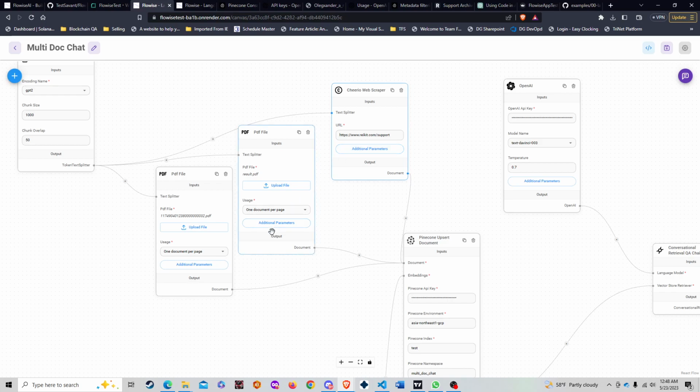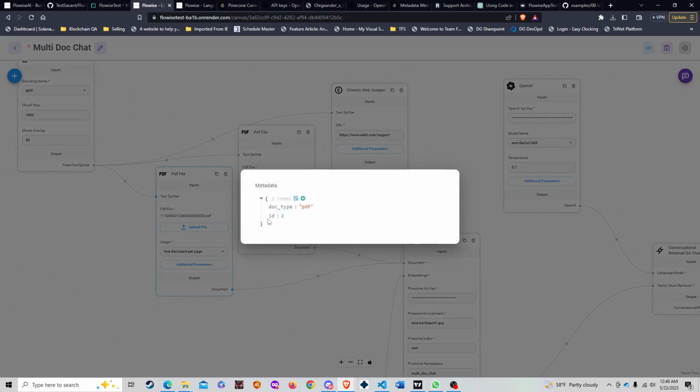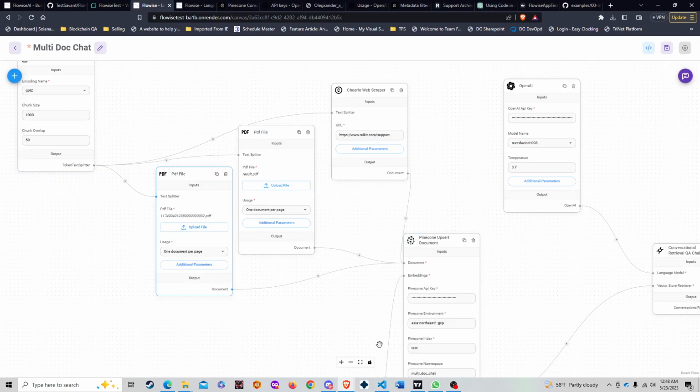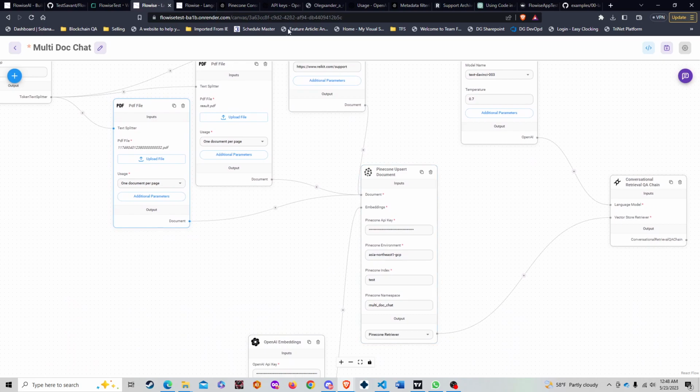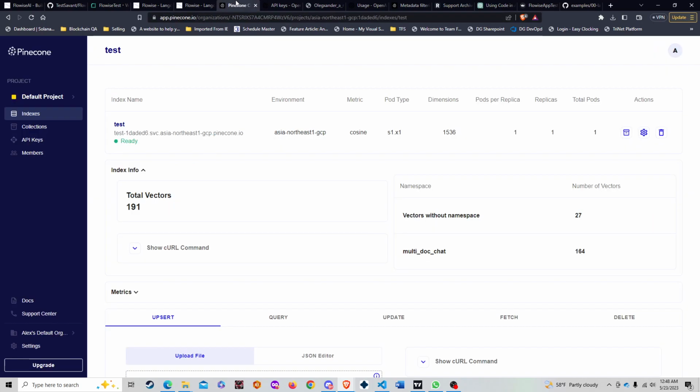And this is actually an important part: we're going to specify the metadata parameters for each of these documents. So how this works is, when we're uploading to Pinecone, and I'll show you how to create the index here as well in a moment, when we're uploading to the Pinecone database, we have an index name that gets created. The index name gets created in a specific environment, and using certain types of mathematical functions that